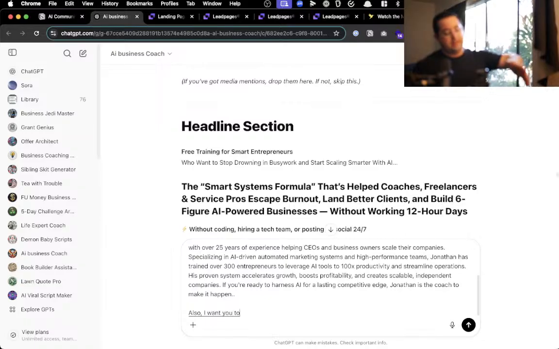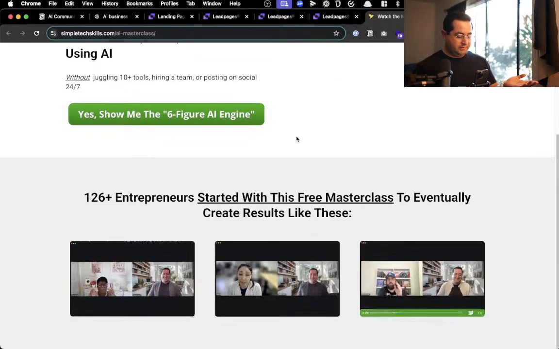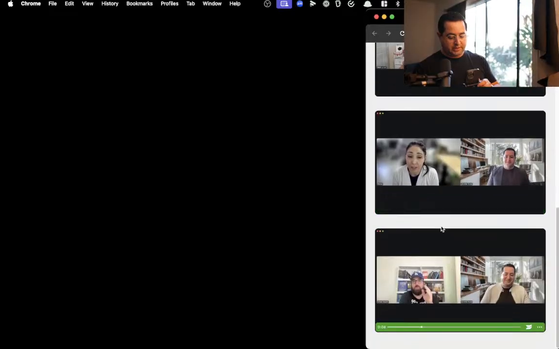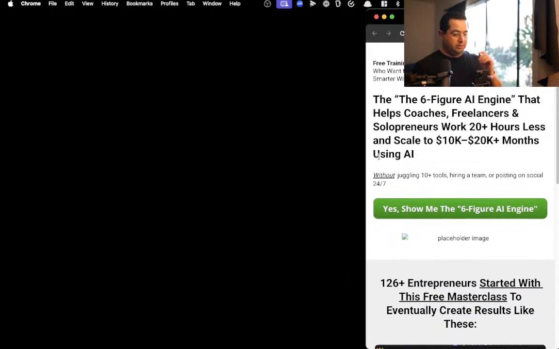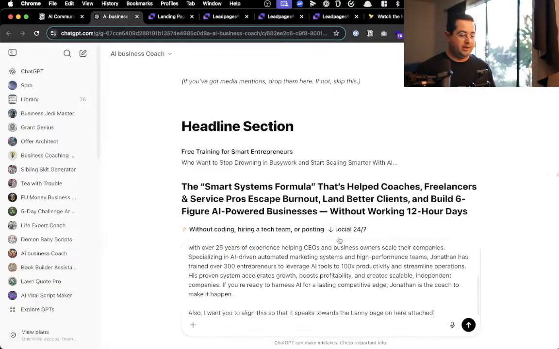But also I want you to align this so that it speaks towards the landing page here attached. Cool. Go High Level is poor for customization unless you use CSS and JS and code to make it better. You shouldn't have to. I'm never going to touch the CSS and JavaScript for this, and it's already going to look good on regular and mobile. Mobile's already nice and clean. Go High Level looks horrible on mobile, and you've got to redo everything. So that's why, just use whatever tools that you have. It's more important just to have a webinar funnel.